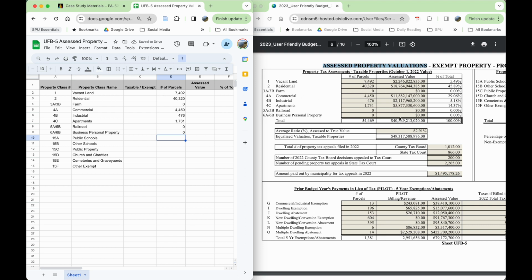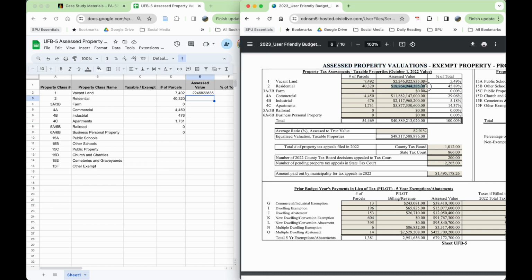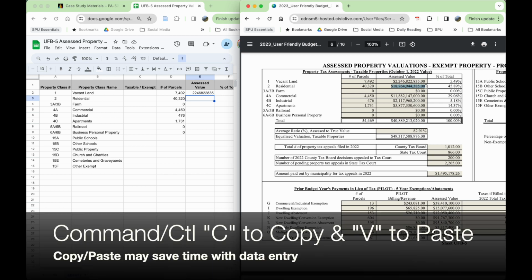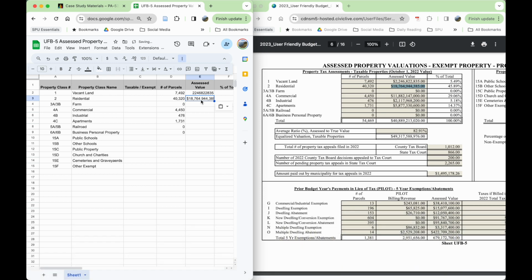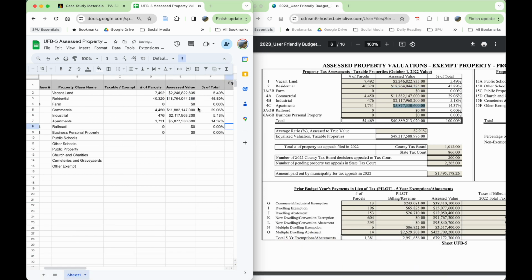And then I want to do the same for the assessed value. Also, if your user-friendly budget allows for it, you can select the number over here, choose Command-C on the Mac or Control-C on a Windows or Chromebook, come back over here and do Command-V, and that'll just paste the number in. So you can do a quick copy-paste. So I now have the data from this left side of the tab populated over here,